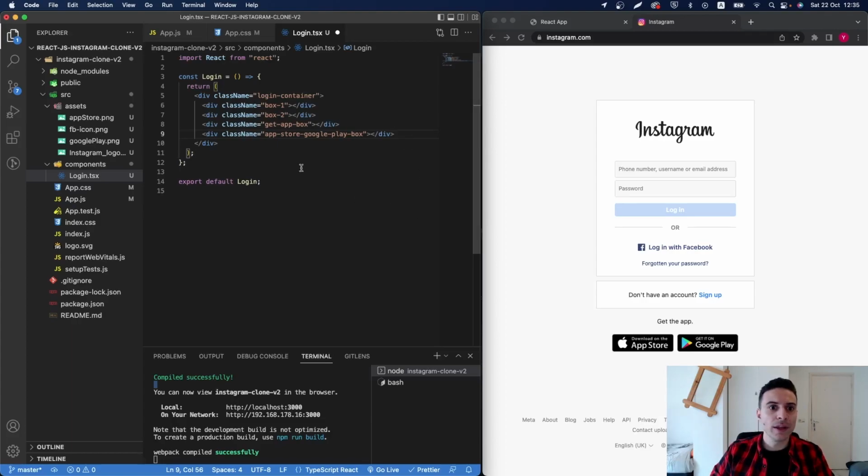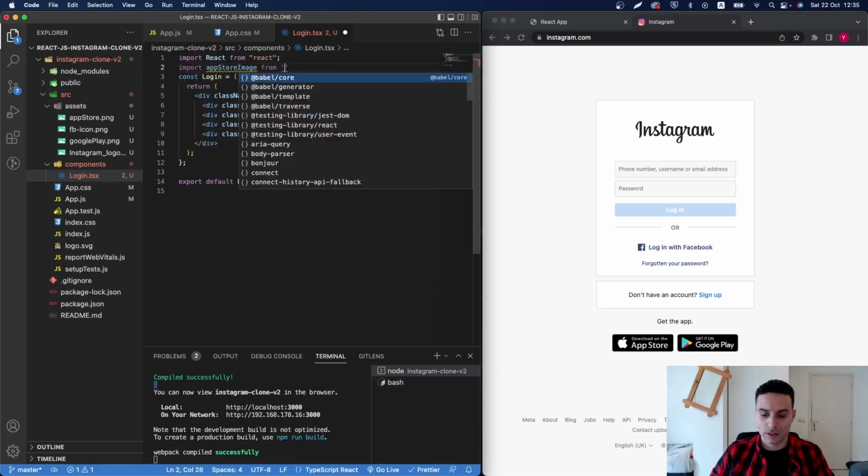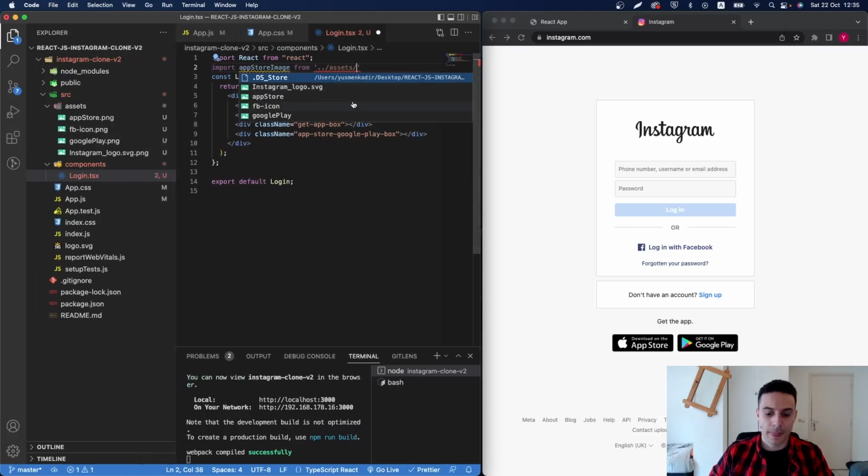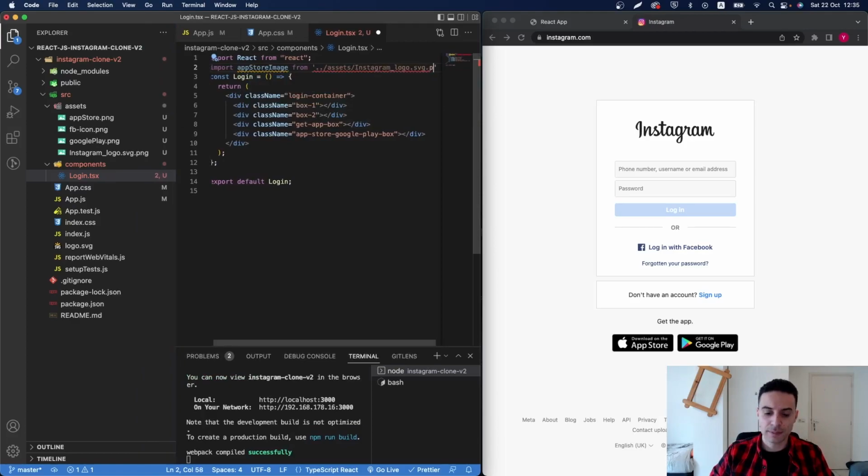Okay, starting with, let's bring the images that we will use for this component right here. So I'm going to say import appStoreImage from ../assets, and then we will import the instagram-logo.svg.png. Okay,